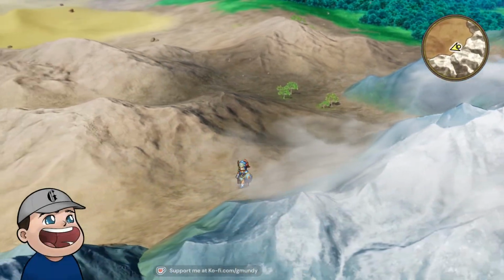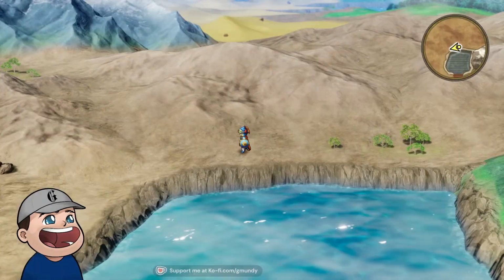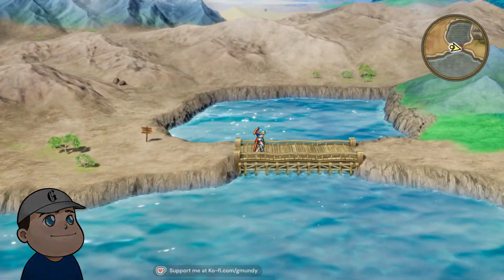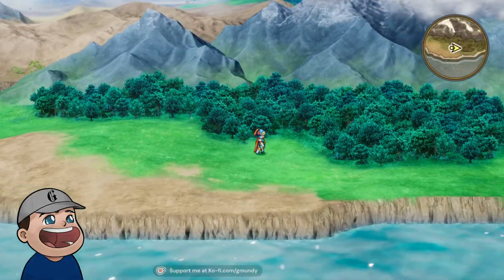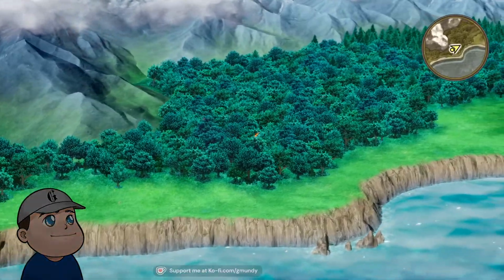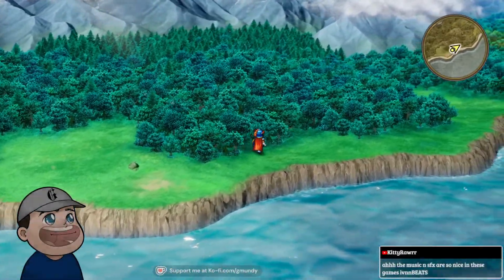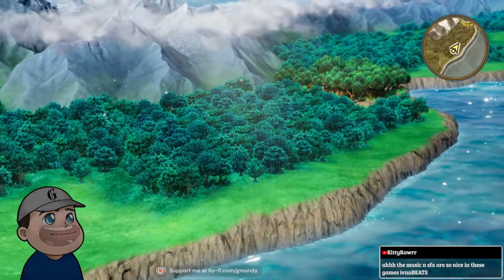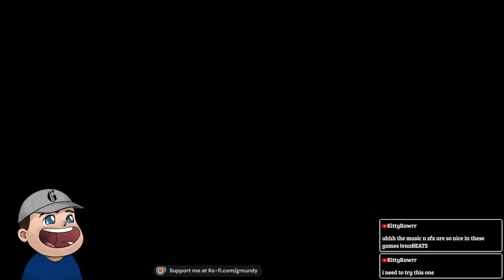It has taken everything in my power, by the way, not to play this on my Steam Deck offline. I have been having so much fun playing Dragon Quest. This has been so fun. I wish I had access to the entire franchise. I would definitely play the shit out of this series. This series has been a lot of fun to start. I'm hopeful that the rest of the series is going to be fun too. It's really, really nice. This is very similar. If you liked Final Fantasy 1, Lily, you'll probably enjoy this quite a bit.